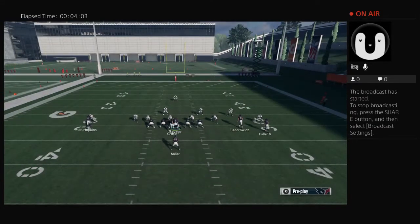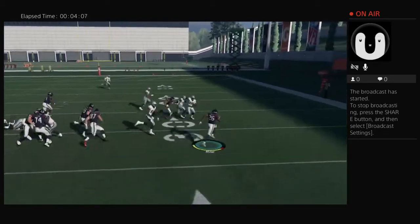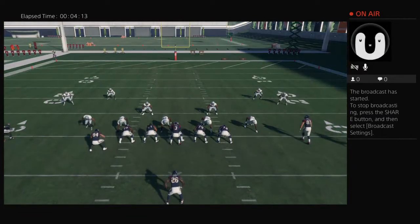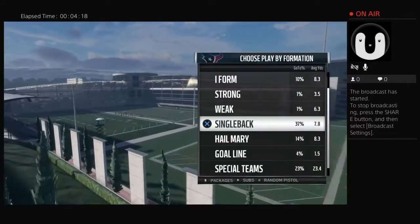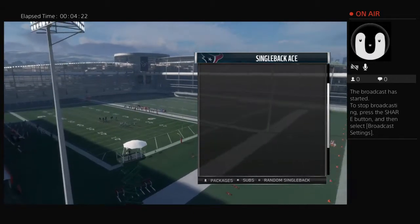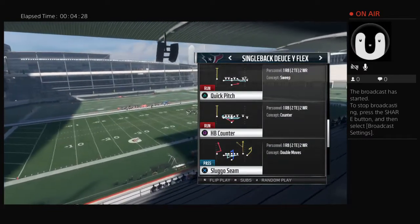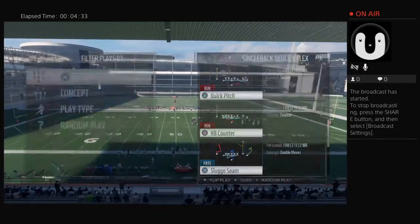Alright, I'm gonna get a positive game before I switch plays here. And get away from me. Alright. I don't think I have audible set up for this. So we go back to this formation here, and showing another run that you can use is the halfback counter, which looks like it's going to be the same play, but it's not. So you go to the halfback counter,